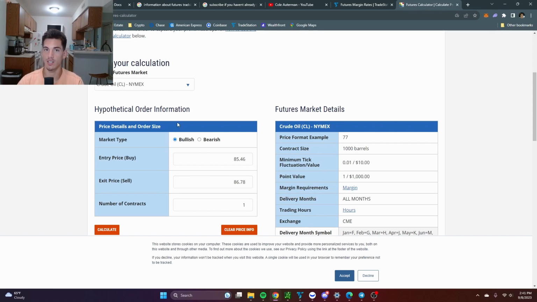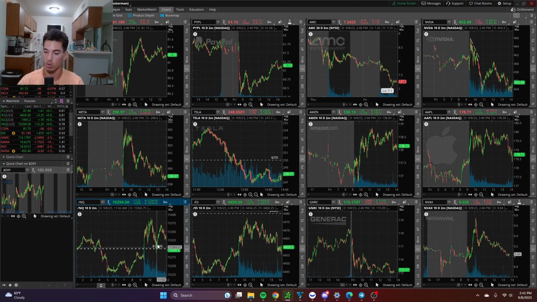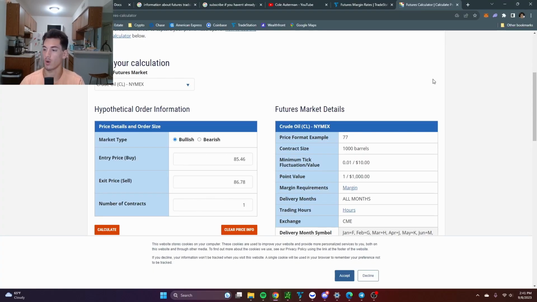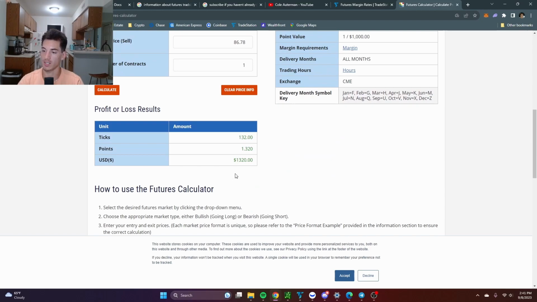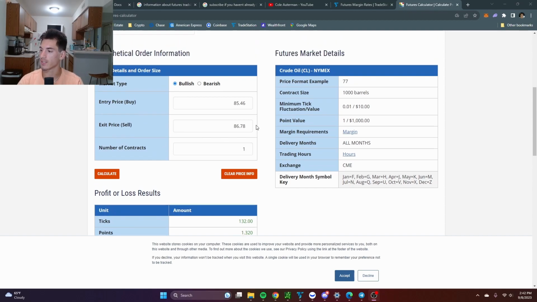You don't even really need to calculate the profit and loss. You can just do it by points on the chart. So I'm going to be risking 20 points on NQ or risking 10 points on ES. That's really how you should be doing it. But it's always nice just to get a clear-cut example of exactly what your profit and loss would be for that trade.